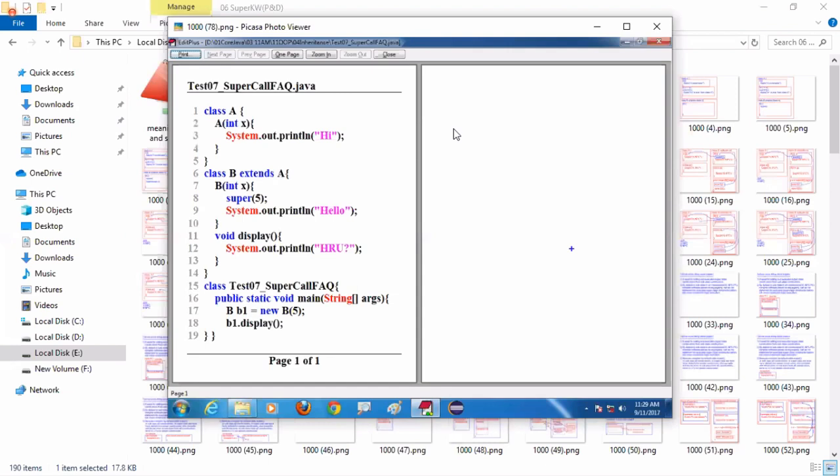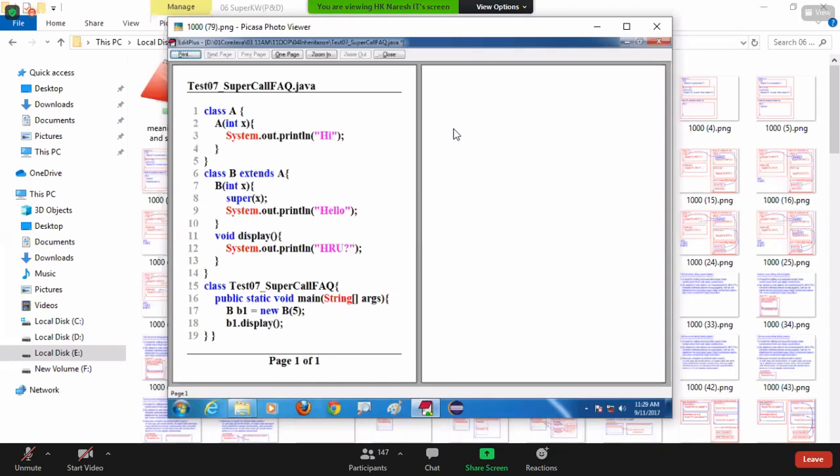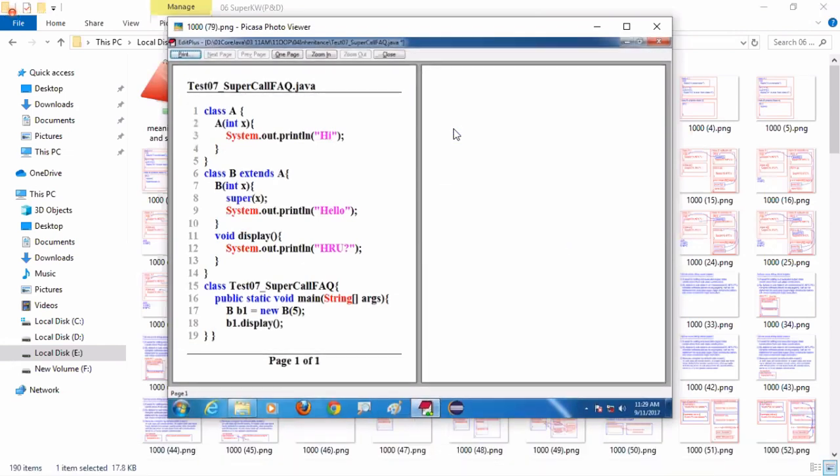Okay, if I remove the b1 dot display method call, then the output is hi, hello. You can also place either super of 5 or super of x. Whatever value came into the subclass constructor, the same value we are passing to the superclass constructor. Okay? You can write either super of no argument or super of 5, your wish.